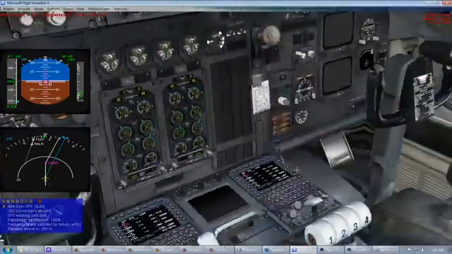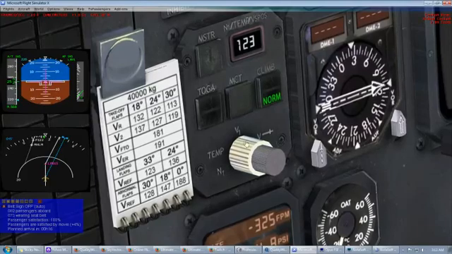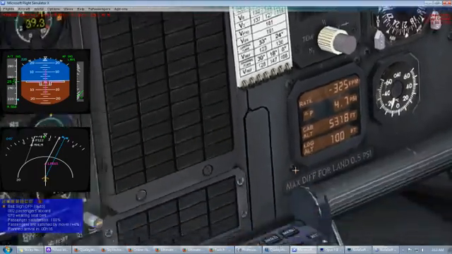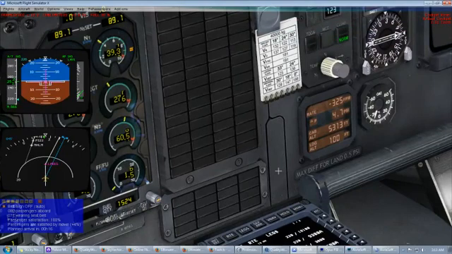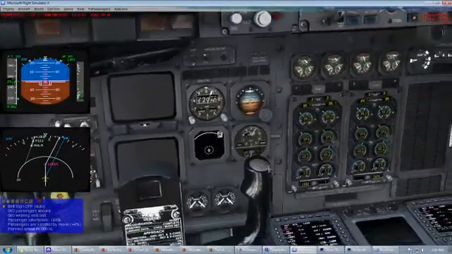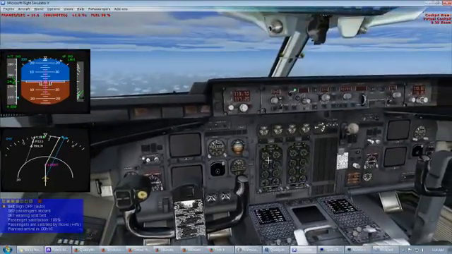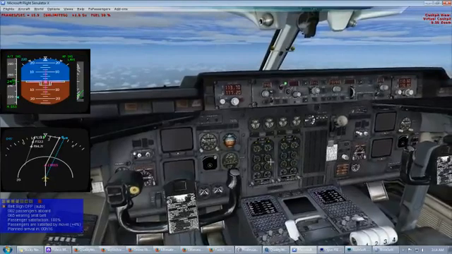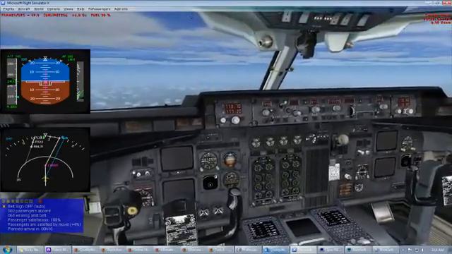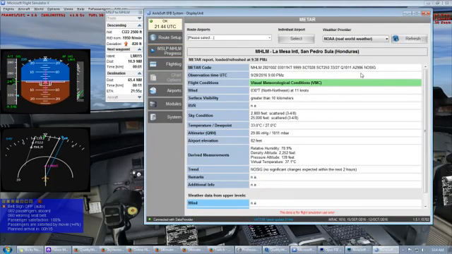Okay, that's it. I have set these references here and that's it. And now I have to check altimeter 2986